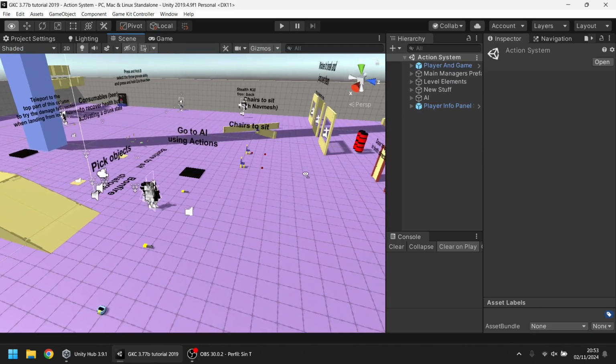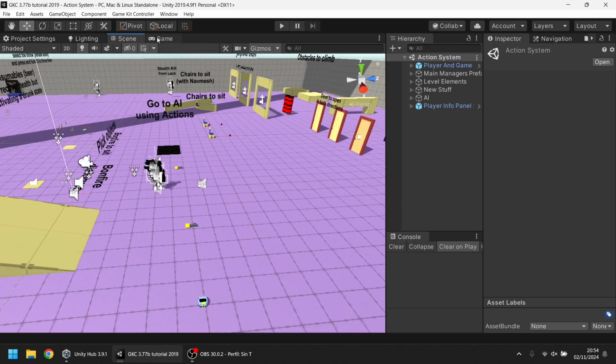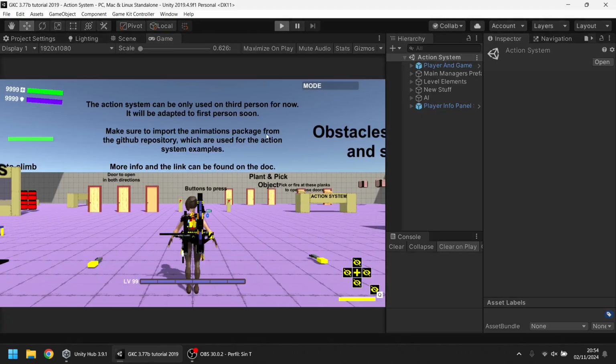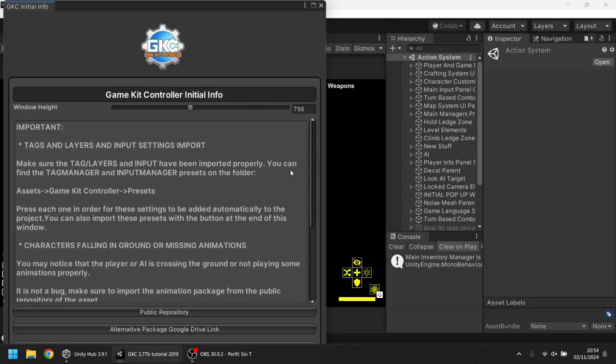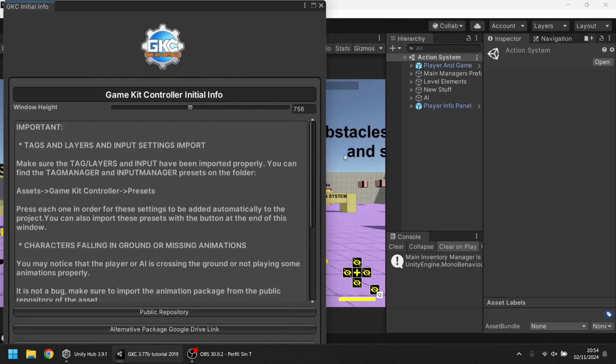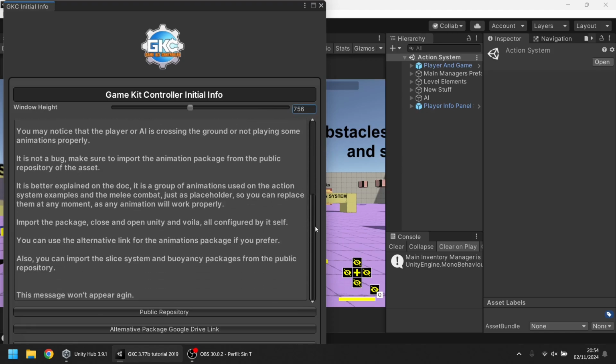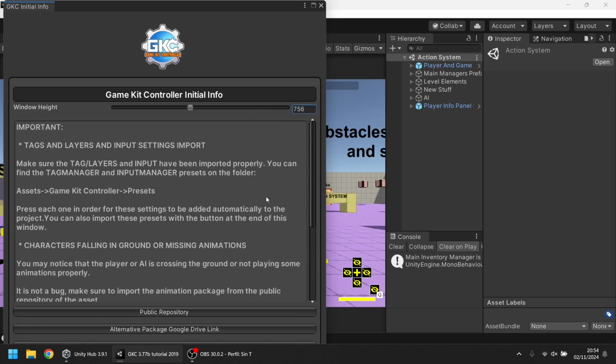Okay, so now we have here a simple scene, and you can press play and you will notice this. The first time that you play any of the default scenes, you will see this message, which basically tells a couple of things about the asset.